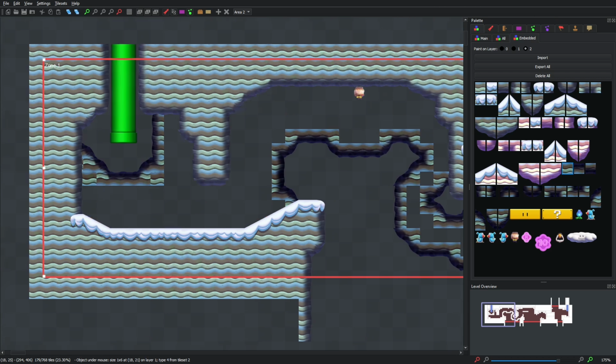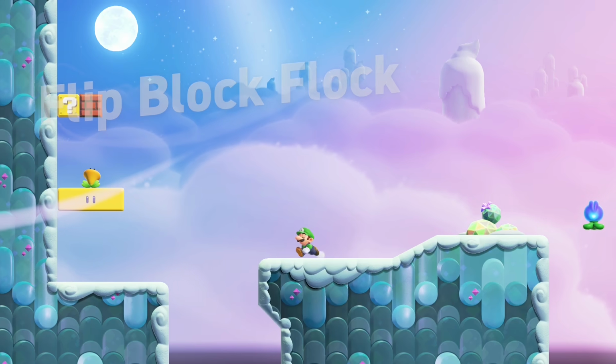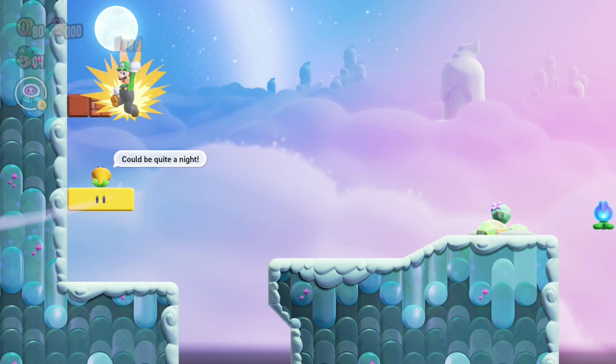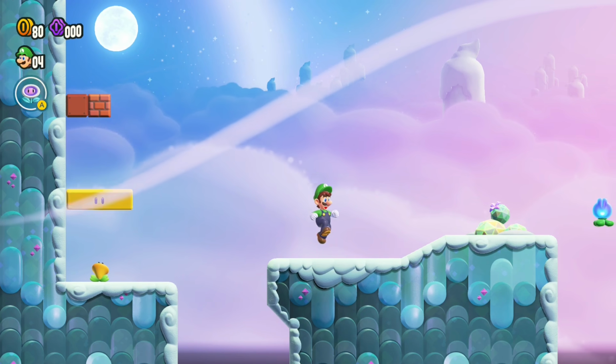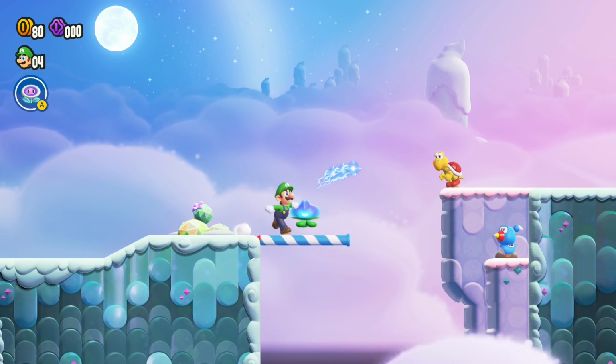So let's go check out the finished result in-game. And here we are, actually playing the level in-game. So I should note that this here is actually not a free power-up you just get at the start of the level. That only spawns a mushroom if you're a small player. So if I had a fire flower or something, that would just spawn a coin.